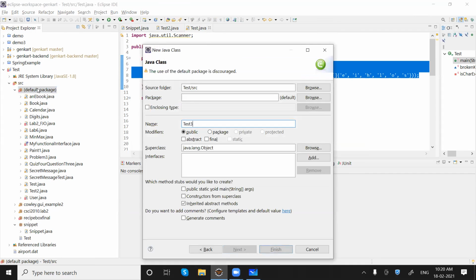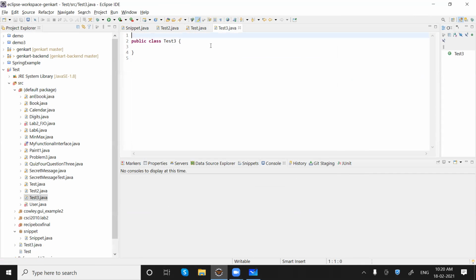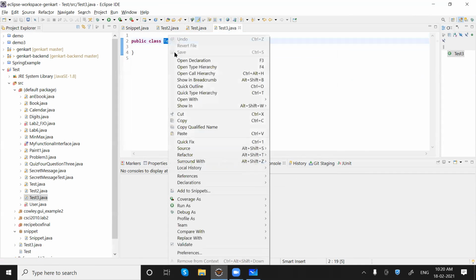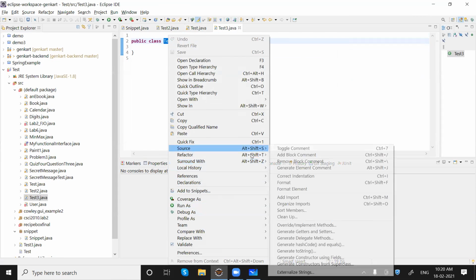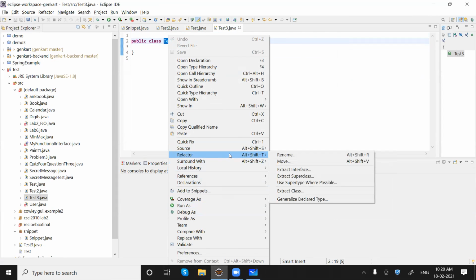Let me call it Test 3, or nested, for example, would be a good name, so that you can understand the concept. Whenever you look at the name, you will find, okay, this class is for that particular problem. So we'll be renaming it. We'll do refactor, and then rename.